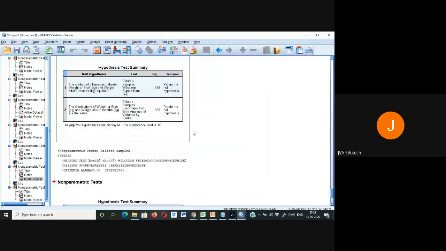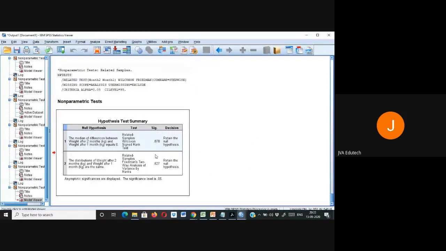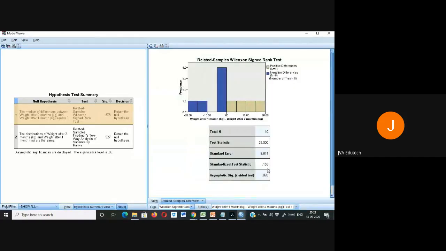Here, just remember I am running the Wilcoxon signed rank test to get the Z scores. So here I am getting the Z score of 0.153. If I divide it by the square root of 20, again I will get 0.03. So in all the 3 cases, I can say that whether the person started dieting, even after 1 month, there was no significant effect, and the size of the effect size was very less, that comes out to be 0.01, very weak.